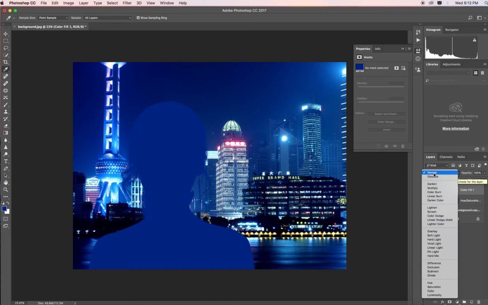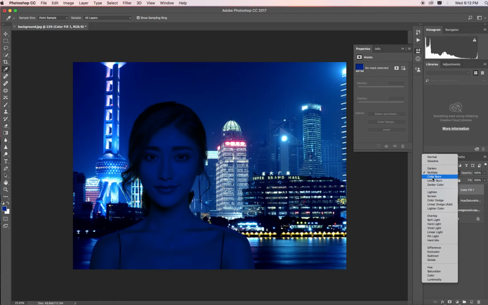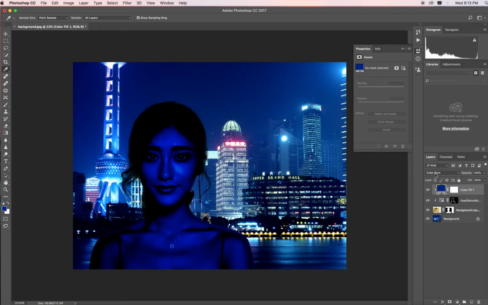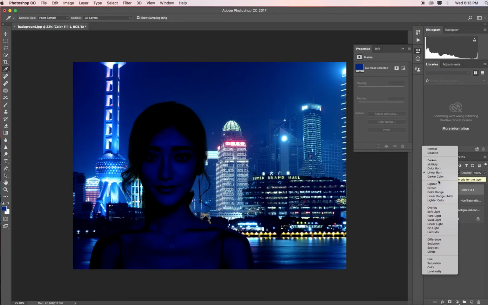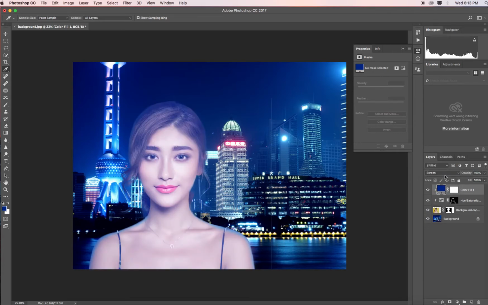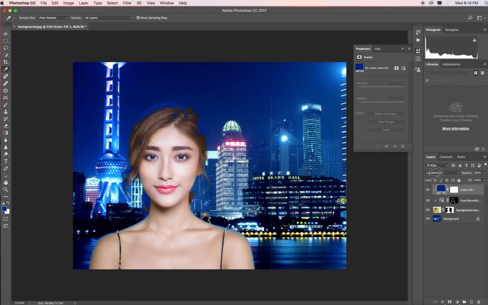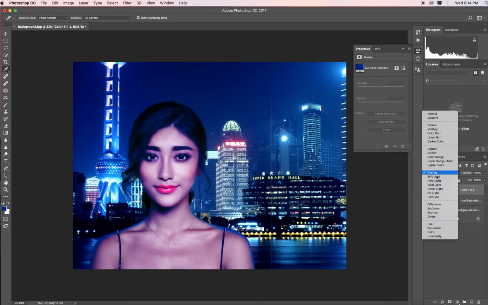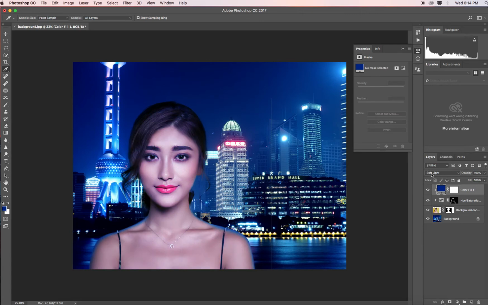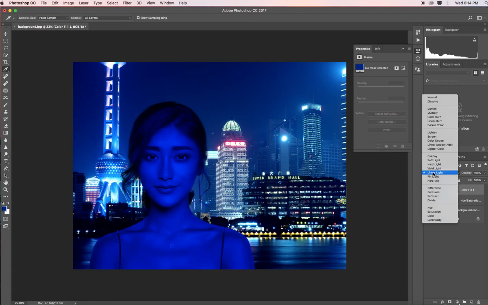I want it to interact with the color below, so I can try some different interactions like multiply, color burn. That's quite interesting. Linear burn and darker color. You'll find one that you feel actually works for you. That might actually work. Color dodge, perhaps color dodge. Linear dodge, no, that's too faded. Overlay, no, that's too contrasty. Soft light, hard light, no. Linear light, vivid light,